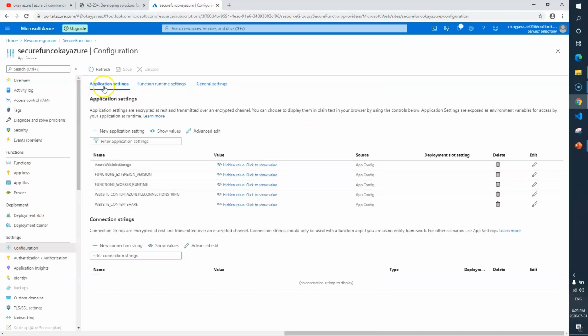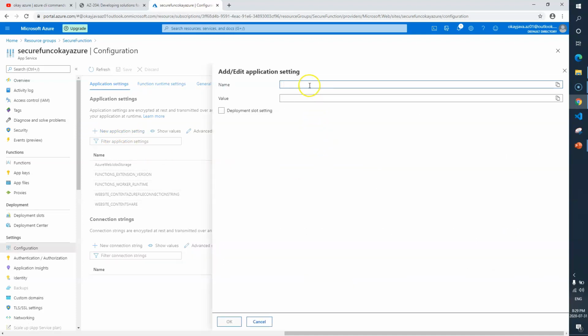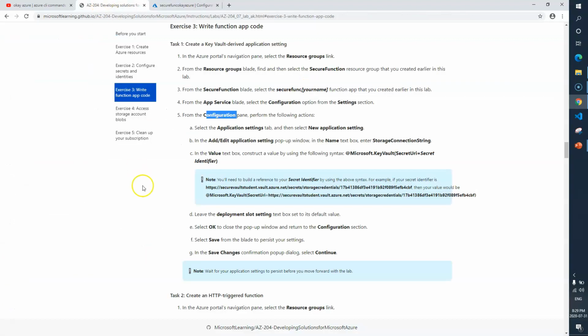Okay, now if you see here we have an option to create application settings. So let me click here, plus, it says new application settings. So now here we need to add two values, name and value. Okay, so let's go back to the URL. Now here in the application settings tab, select new. Okay, in the add/edit application settings pop-up window, name. This is what we need to give, and in the value, construct a value by using the following syntax: